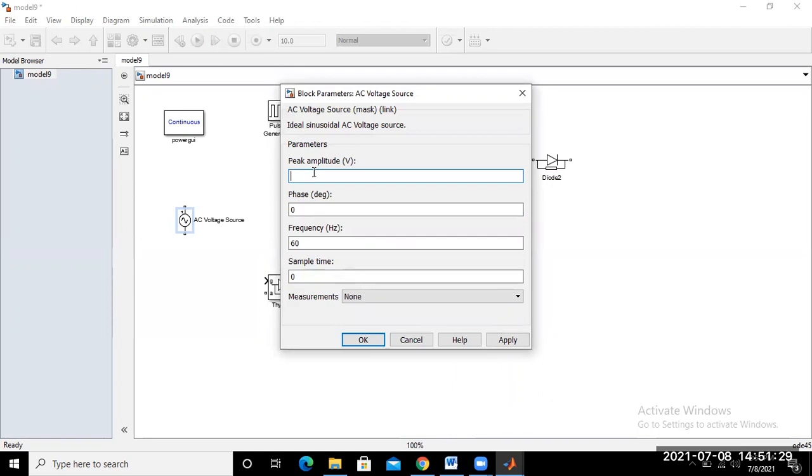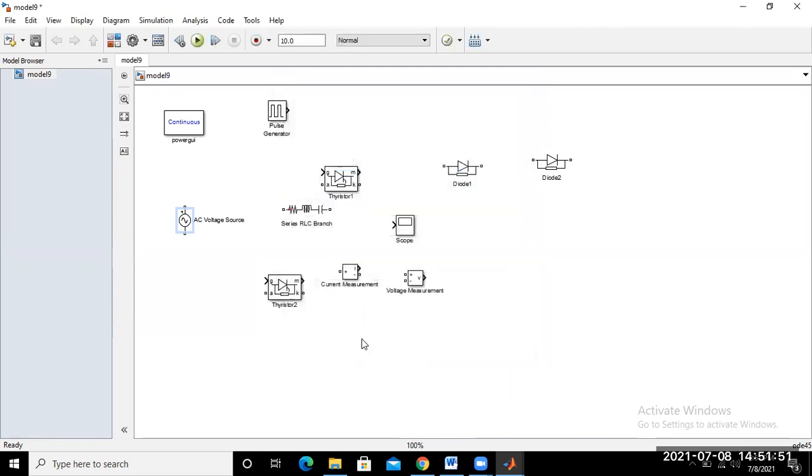So peak amplitude is 230 into root 2, which is 1.414. And what is the frequency rating? 50 Hertz. So put here 50 Hertz. Now apply and okay. We have put in the values for the AC voltage source. Now connect the diode and SCR. Just move this scope here, and this block here.